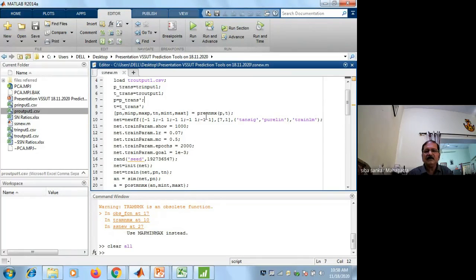Then you see this is the command given for normalizing the data. You need not give the normalization; MATLAB has its own way of normalization. But here the data is given for the normalization. Then